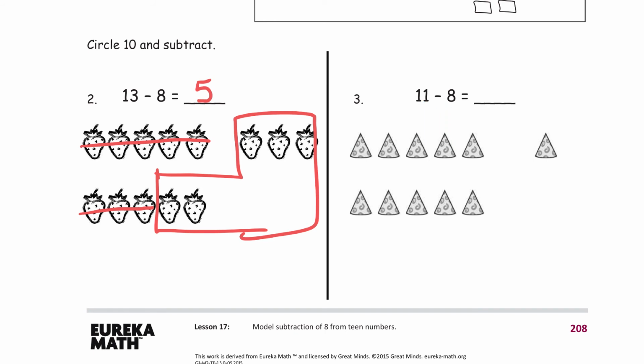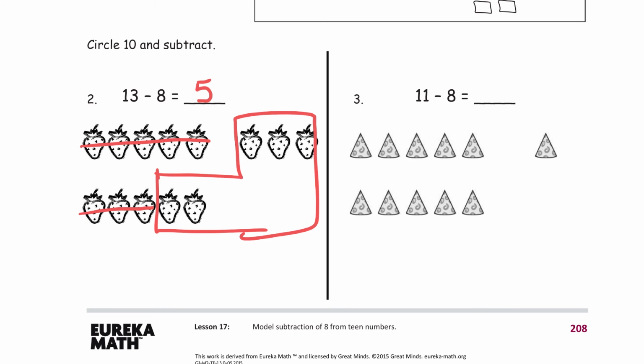We have 11 minus 8. They already drew out our 11 pizza slices there. I'd like you to cross out 8 because remember, we're subtracting. And when we subtract, we take out from the whole group. And then box up what we have left, count up, and put that as the answer. Pause the video, do that, come right back, and we're going to take a look at the back side of